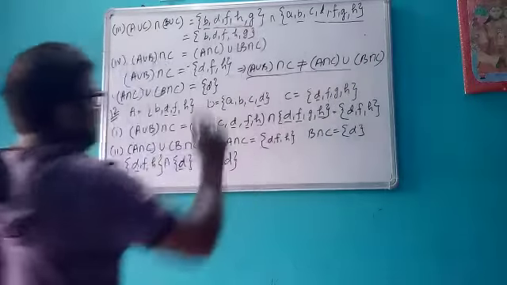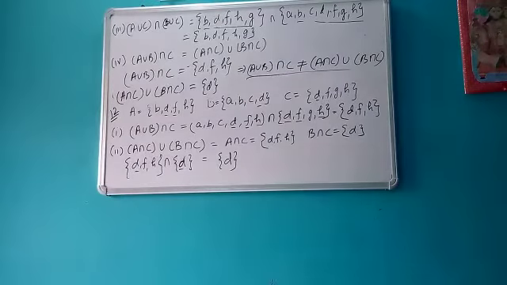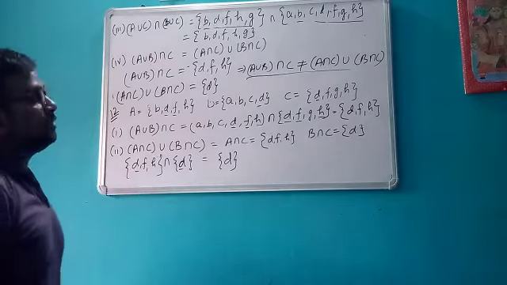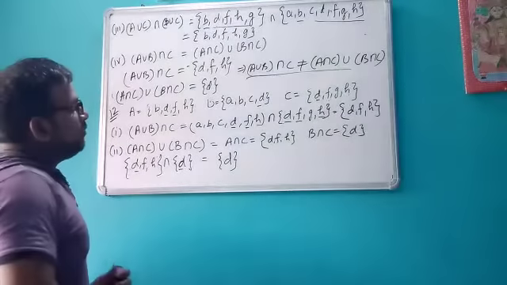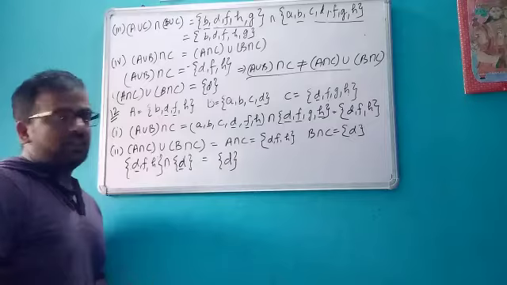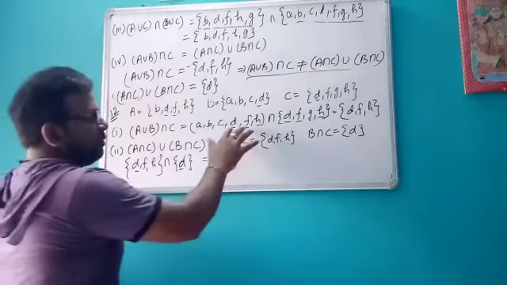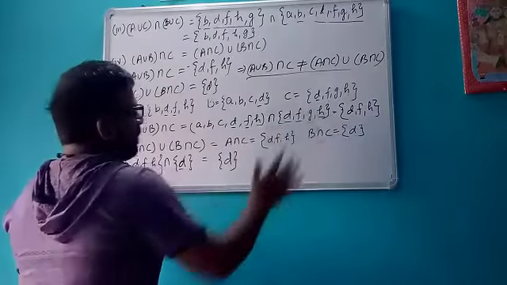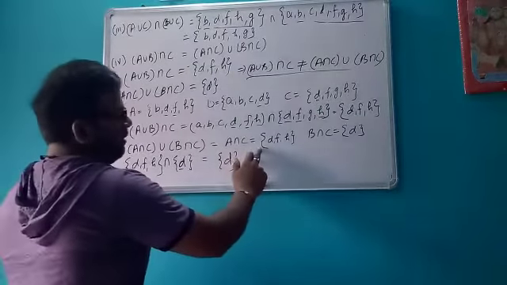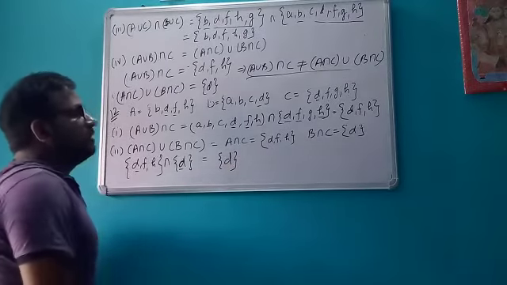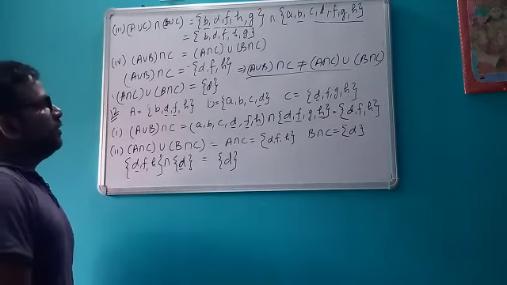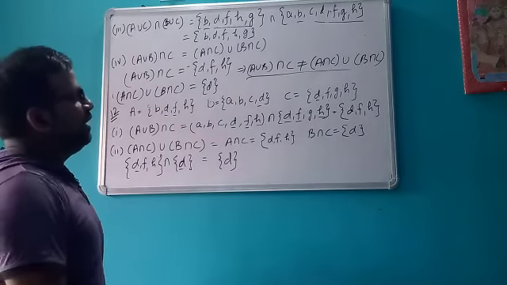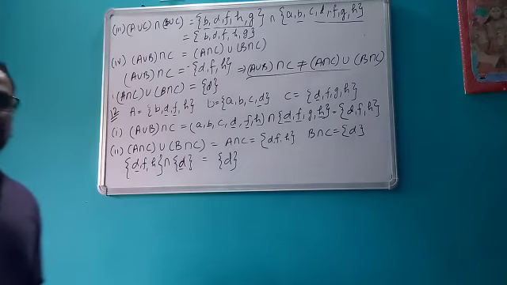Okay, so like this you can calculate the intersection of sets. Again I am repeating, first you have to convert the set into the roster form if it is not given. Then for calculating the intersection of the sets, you will take the common elements present between the two sets. Then you will write those common elements inside curly brackets. This is how you can calculate the intersection of the sets. Okay, the next topic that we will discuss is the complement of sets.